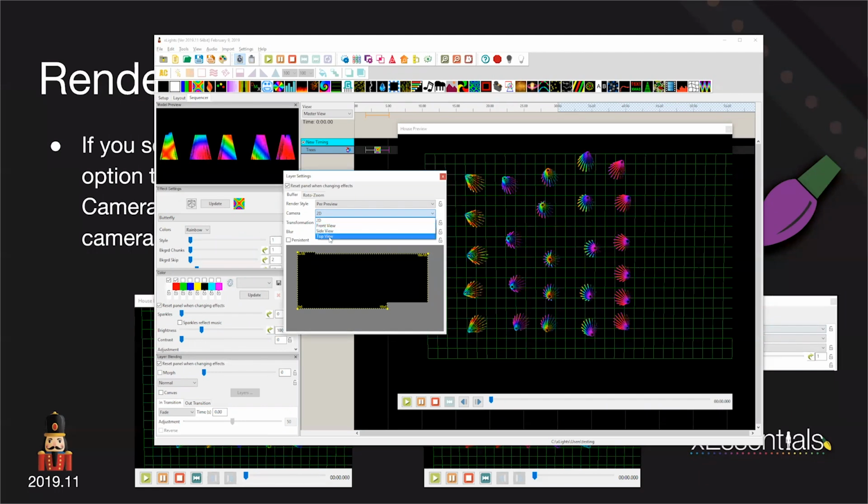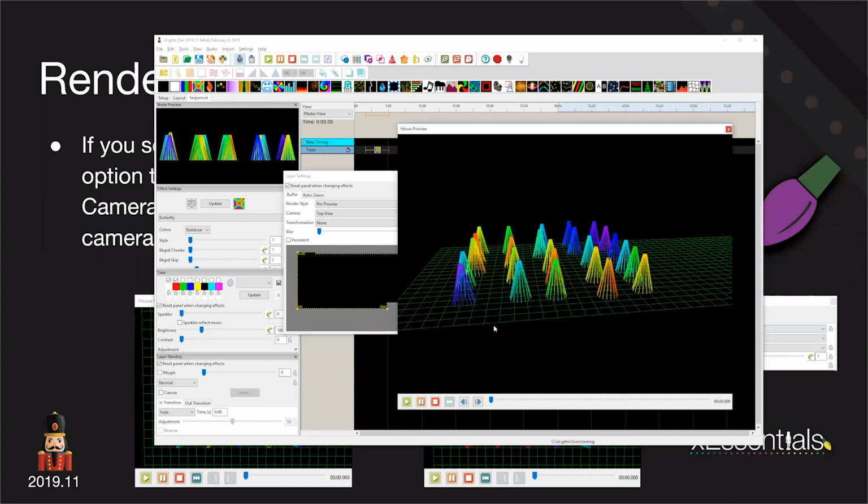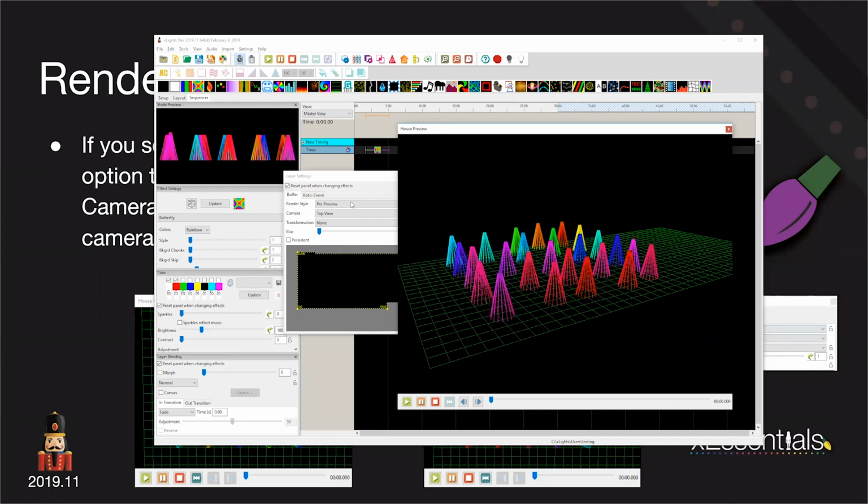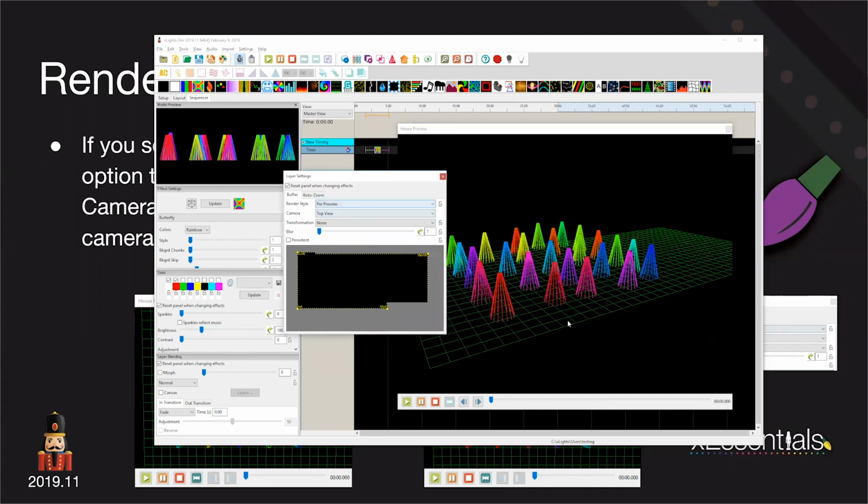So if I pick top view, now you can see that butterfly is rendering as if it's now my render buffer. It's looking down. So if I grab and change my angle, now you can see it looks different. So I just completely changed the look of that effect just by coming in here and changing which camera angle is rendering